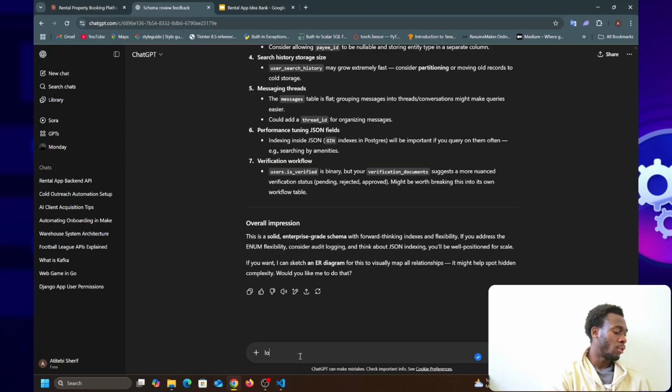Okay, I'm going to ask: with the schema you have, I am building a backend API with Node.js and Express with Sequelize.